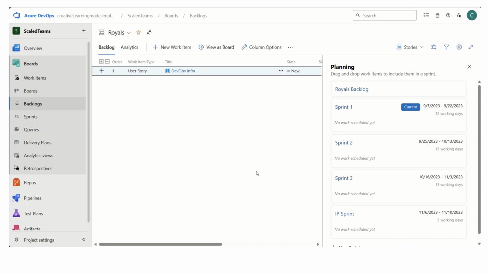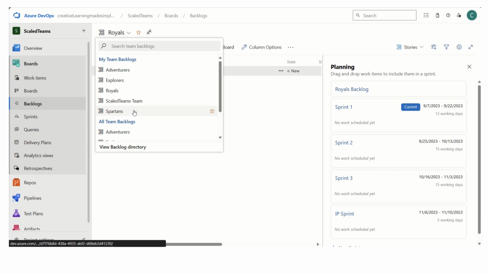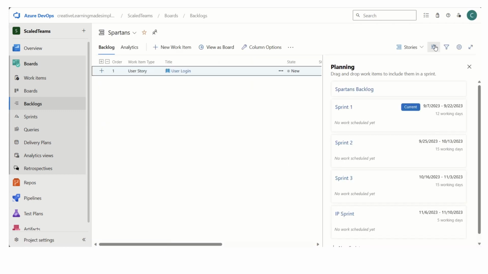The other thing I can show you guys is the team Spartans. Here you can see that I am getting the features as well as the stories. If I click on stories, I get what all user stories are in the plate for the team Spartans. If I click on features, I am also getting the features. If we want our teams who are working in the PI to have visibility of just the stories, not the features,